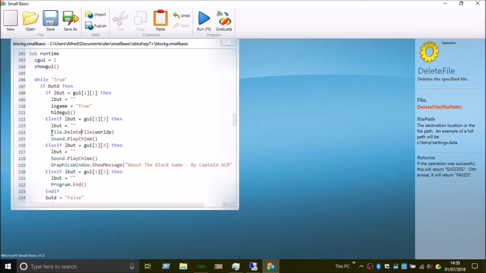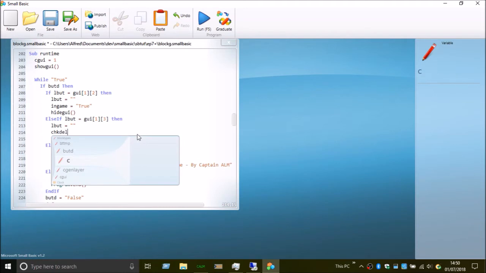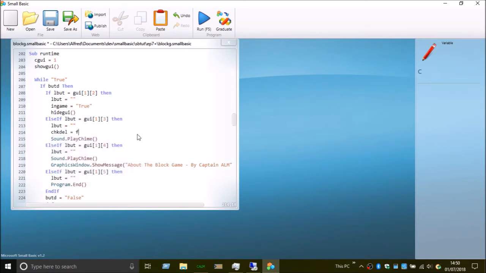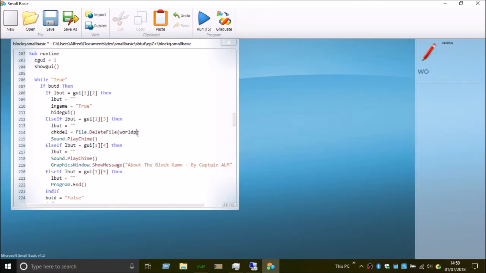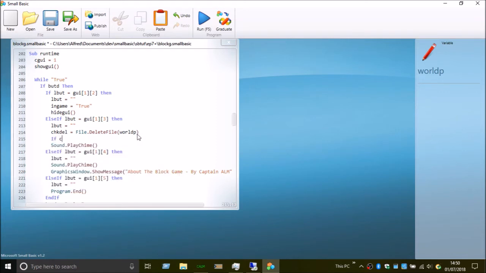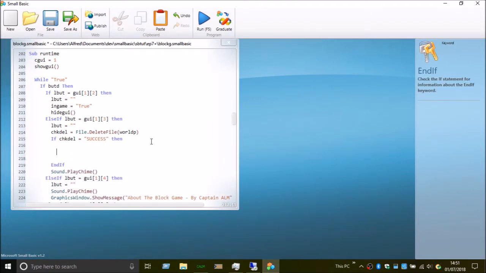Here, we actually now want to remove this line here, and funnily enough, we now want to go chkdel equals file.delete file p, and we now want to do if checkdel equals success, then, and if we want an else statement with it as well, so let's get that,